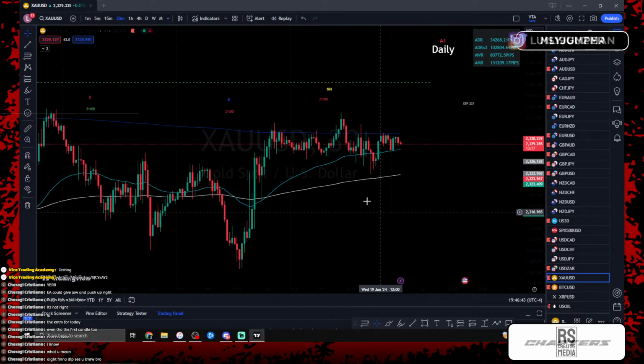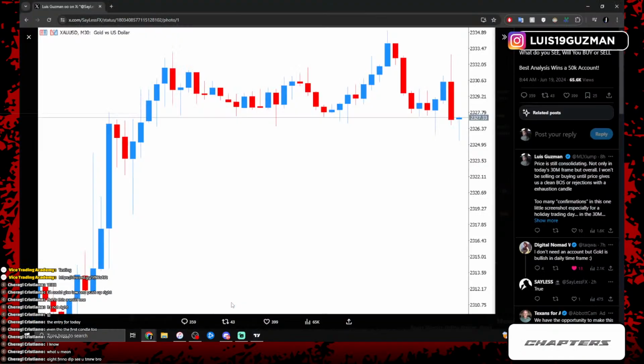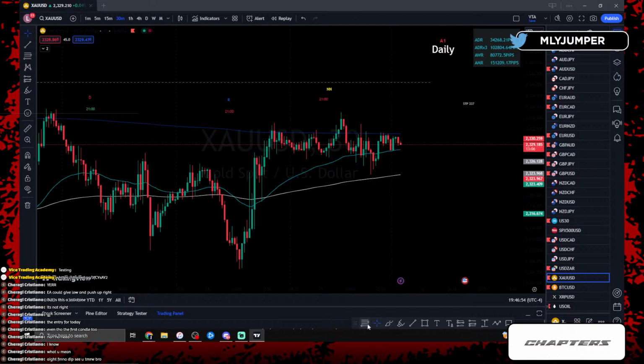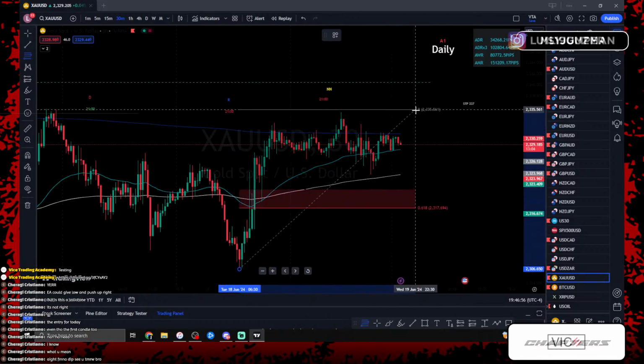On top of that, his screenshot was just a little bit zoomed out, but you could still see it. For the traders who think these are going to be buys because you're trading between a bullish flag post pattern, it's very simple. You have your fib from here to here.